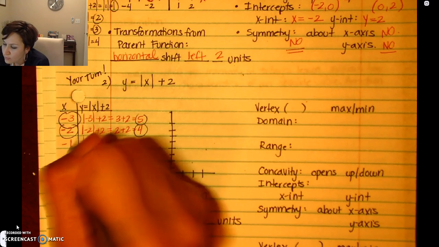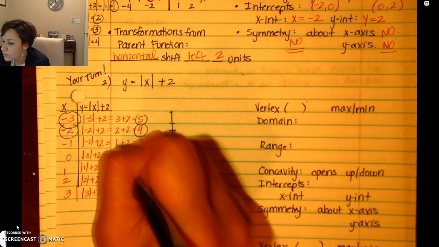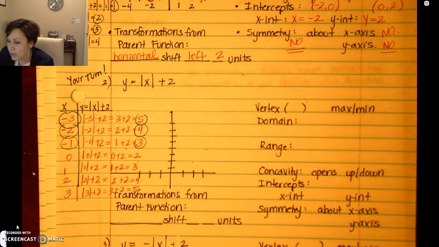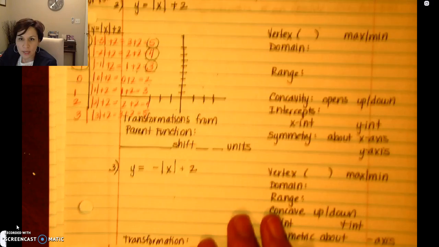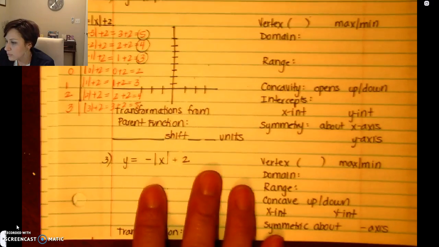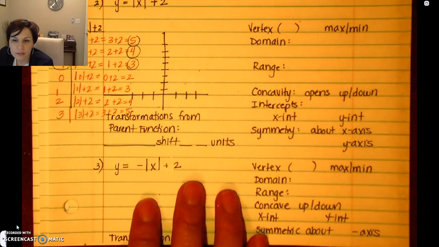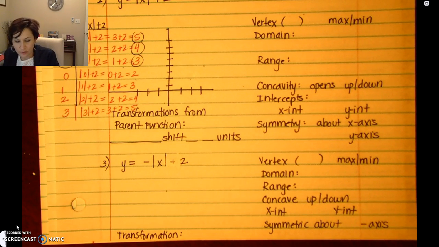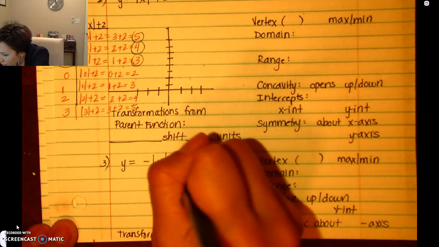You do the same thing for -1. The absolute value of -1 is 1. 1 plus 2 is 3. Okay, and so on. So make sure you check your table against mine and then fill out the rest of the key characteristics. Okay, so the next problem that we're going to do together, we're going to be doing the same type of information. I just kind of shortened it a little bit. So if you're trying to find out the absolute value of -x plus 2,